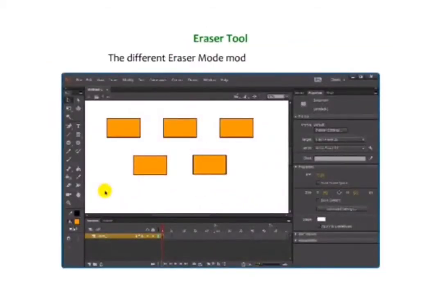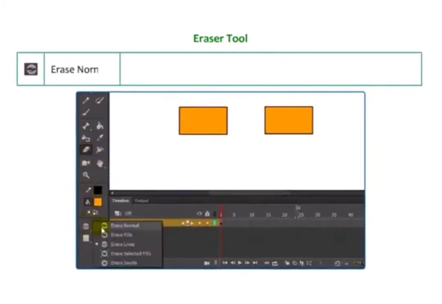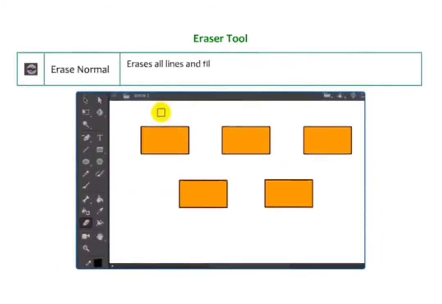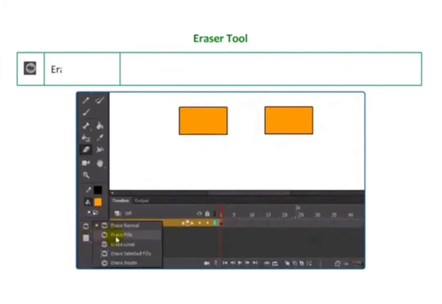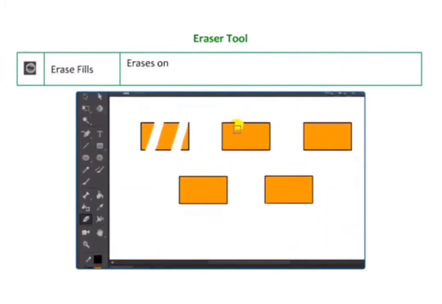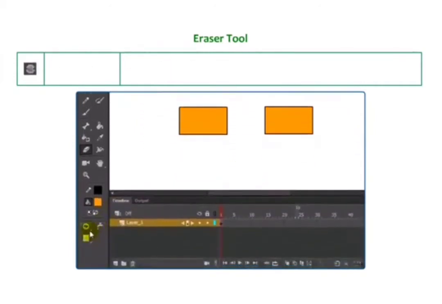The different eraser mode modifiers are as follows. It is on page 79. Erase normal. Erase all lines and fills of an object whenever the eraser tool is dragged over it. Then erase fills. Erases only the filled areas of an object while outlines remain unaffected.